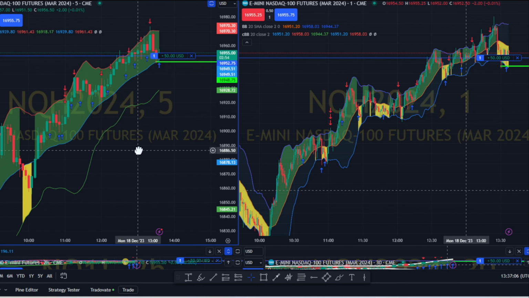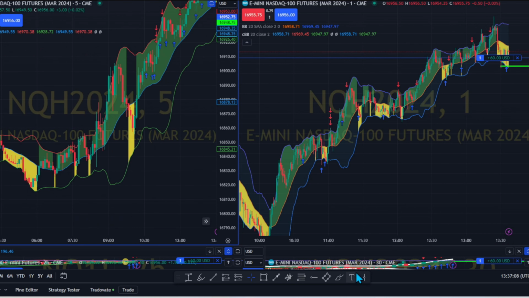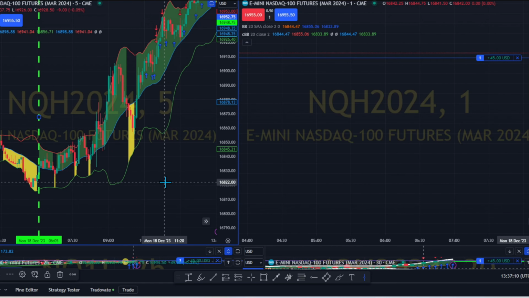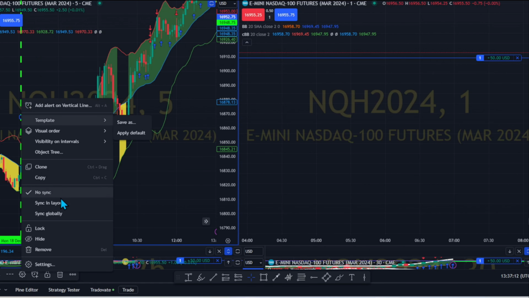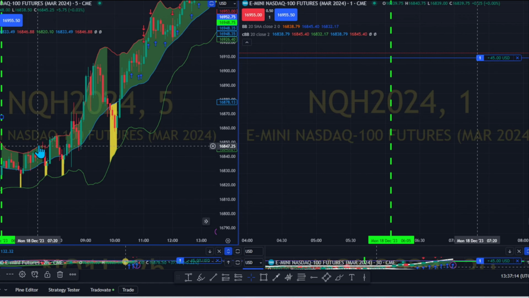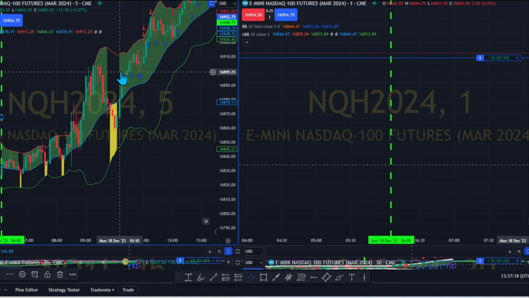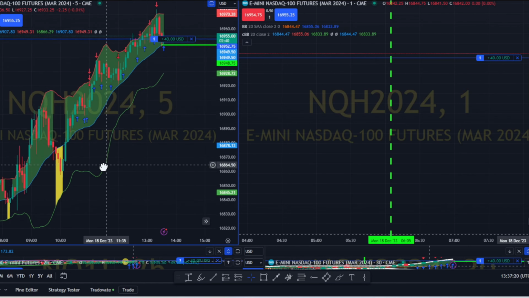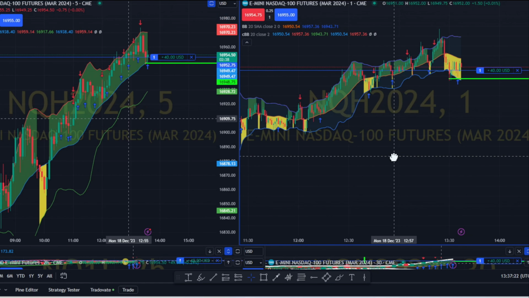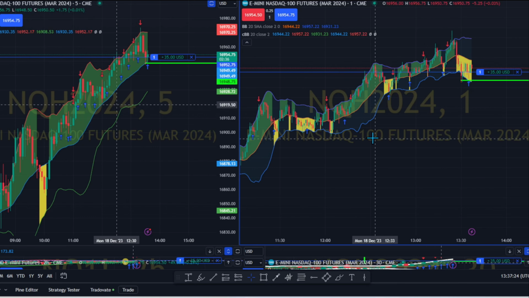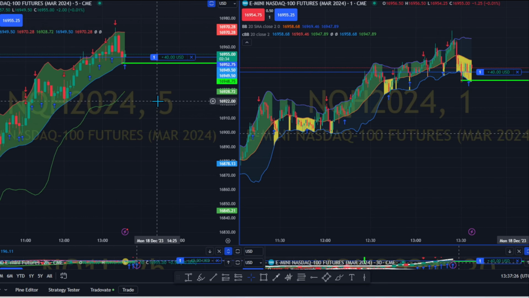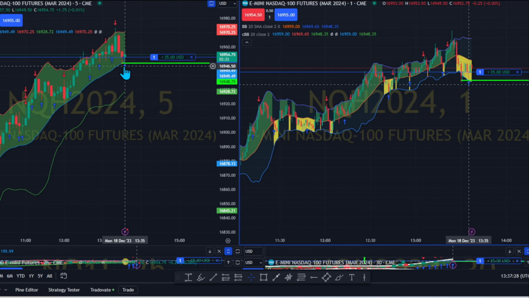Okay, and the higher time frame has been green for the most part since right here. So if I were to put a green line on here, this is going to influence the direction that I'm looking to take trades right here. This green line right here, okay? It's going to influence the direction. So on here, I'm only looking to go long,